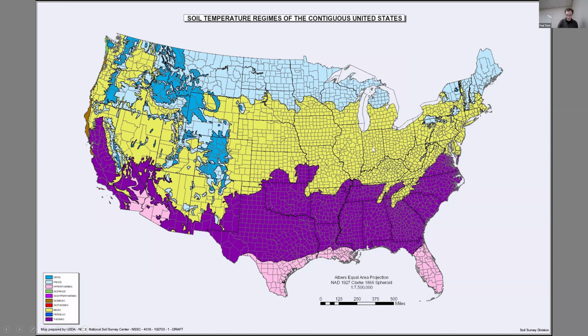So the nice gradient on the eastern part of the US kind of goes away here because of the much more variable terrain. And we have a similar scheme, so a similar table to set up to go through the soil temperature regime, starting with